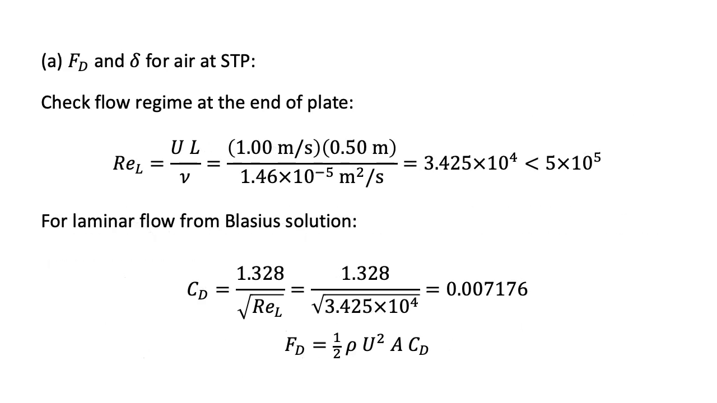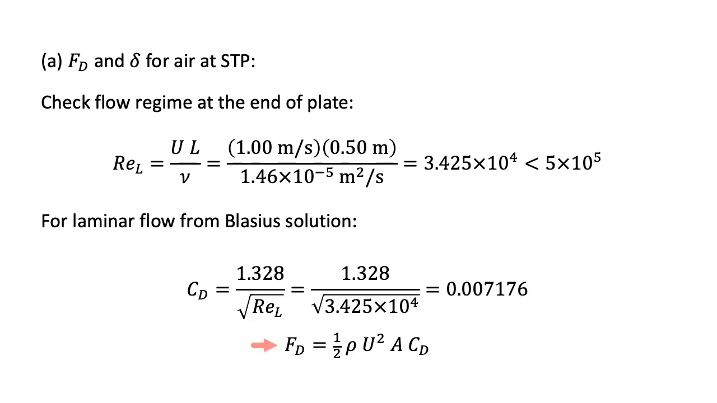Before we begin our calculations to find the drag and the disturbance thickness, let us calculate the Reynolds number at the end of the plate to check if the flow is still laminar. For part A, based on the properties for air at STP, the Reynolds number is about 34,000, so the boundary layer can be assumed laminar over the entire plate. Next, we use a result from the velocity solution to calculate the drag coefficient due to friction for the entire plate to be